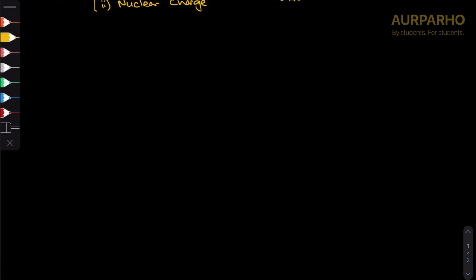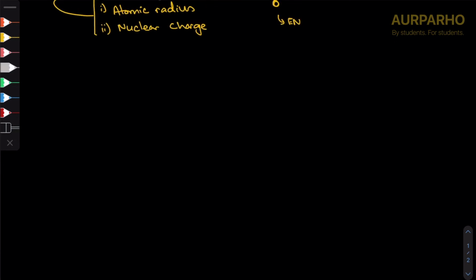Right, so we can take an example. We can take the example of period 2, and more specifically the carbon-fluorine bond. So let's say there's a carbon-fluorine bond, and each of these atoms shares an electron to form the covalent